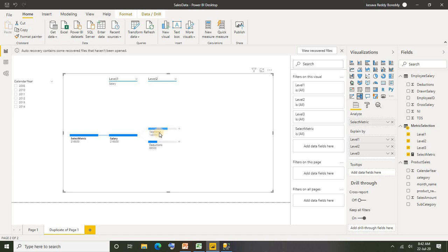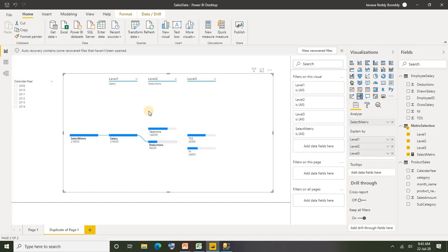In level 2, you could see take home and deductions. And deductions, if you split further down to level 3, you could see how much TDS, how much is paid as NI, that is national insurance, right? So this is how you can split your metric by using the other sub metrics.